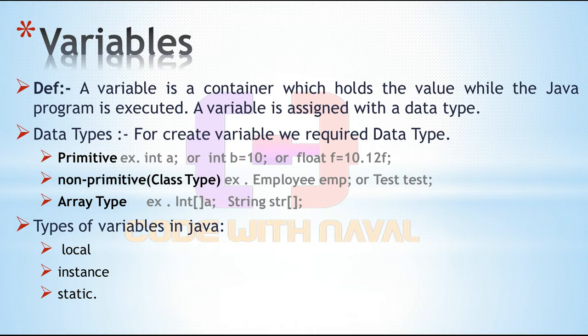The third one is the array type. We can declare an array, which can be primitive or non-primitive. Then there are three different types of variable in Java. The first one is a local variable, then an instance variable, or we can say global variable, then a static variable.